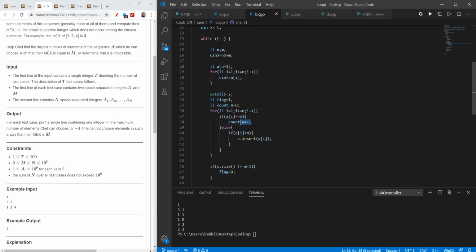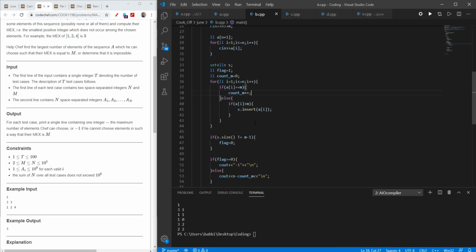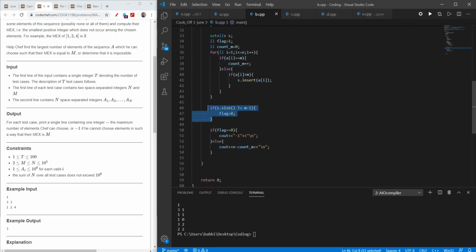I will check if s dot size is not equal to m minus 1, as I showed you in the explanation as well. If my flag is 0, it means my s size was not equal to m minus 1, so I will print -1, and else I will print n minus m count.